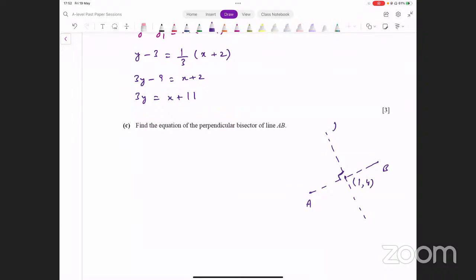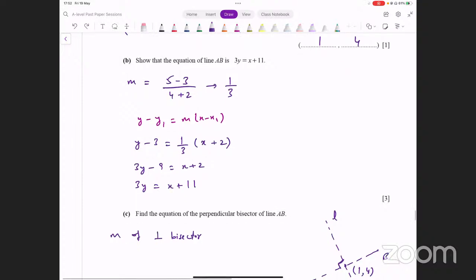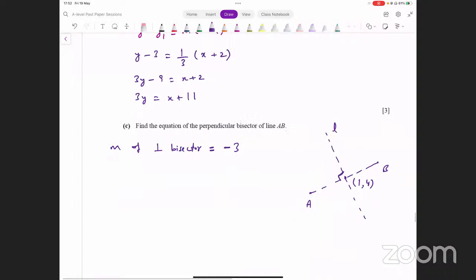ठीक है. Let's call this line L. इसका gradient क्या होएगा? Gradient of the perpendicular bisector. जो AB का gradient है 1 over 3, उसका नेगेटिव रेसिप्रोकल. साइन चेंज करना है, रेसिप्रोकल ले लेना है. पॉजिटिव है ओरिजिनल ग्रेडियंट, उसको नेगेटिव कर देंगे. साइन चेंज, और रेसिप्रोकल -3, ग्रेडियंट -3 है, एक पॉइंट हमें पता है, लेट्स कॉल दैट पॉइंट m पॉइंट इज